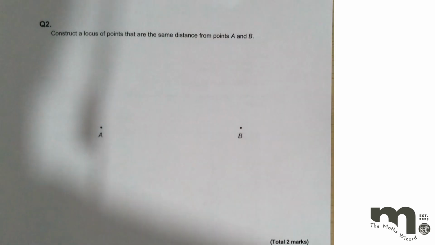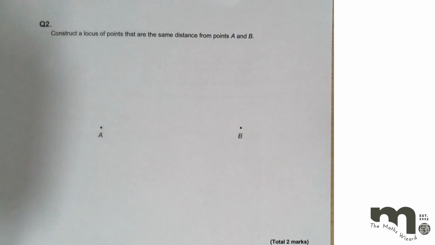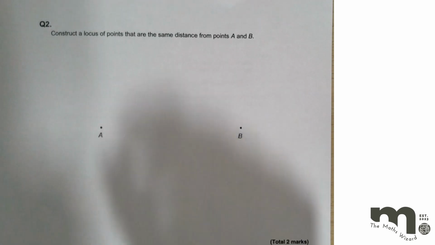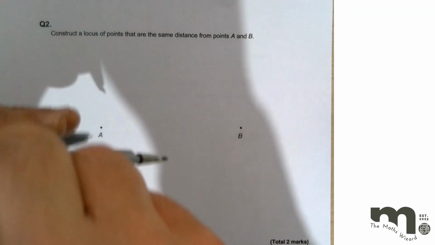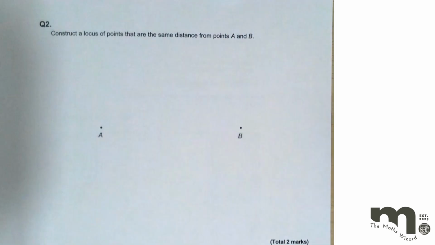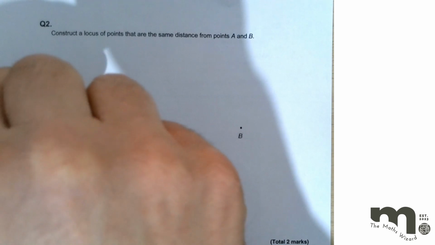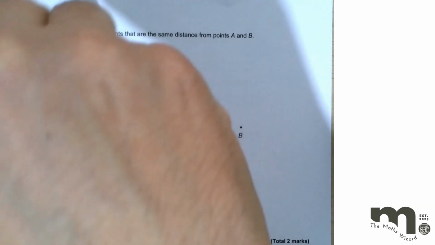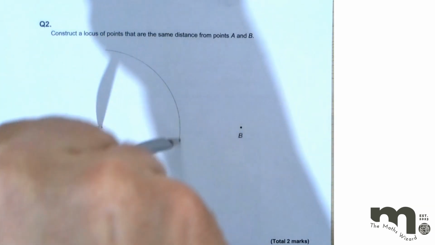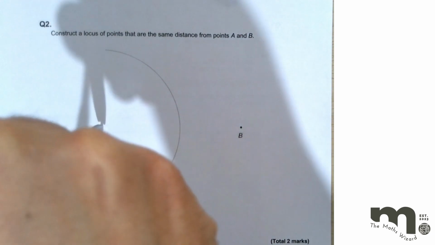Okay, so this next question says construct a locus of points which are the same distance from points A and B. So that means basically a line which shows us lots of points that are the same distance from both of them. Okay, so I've already set my compass to more than half the distance. It's about 8.5 centimeters between these two points. So I've set this at 4.5. That's half of 9. So I'm going to draw a full arc here from A,